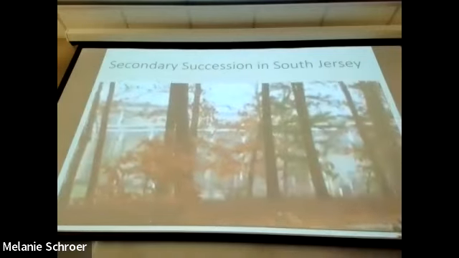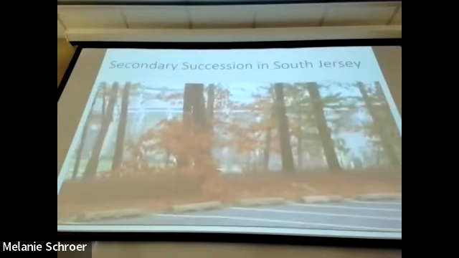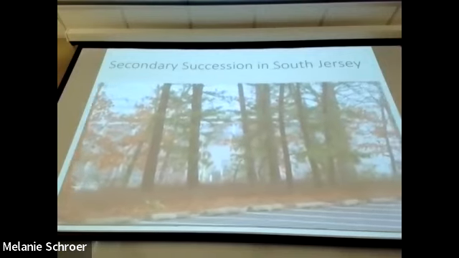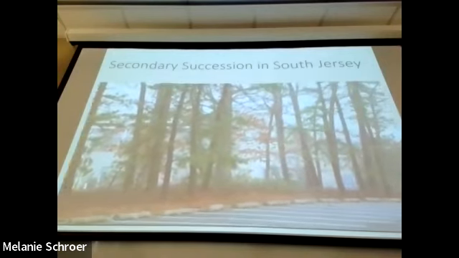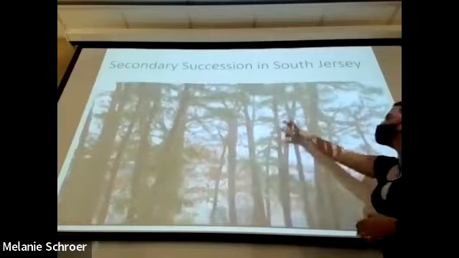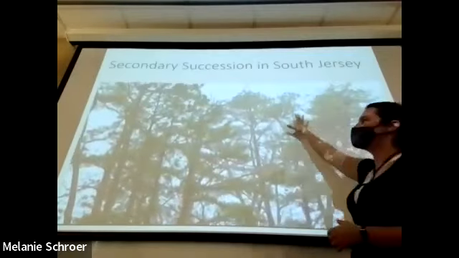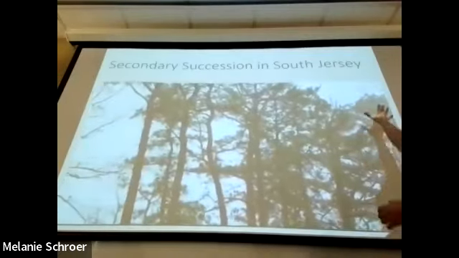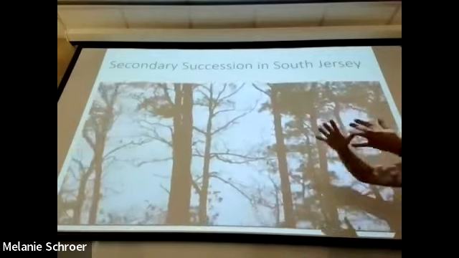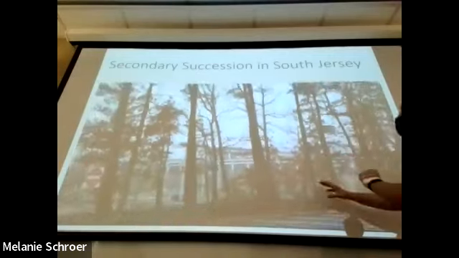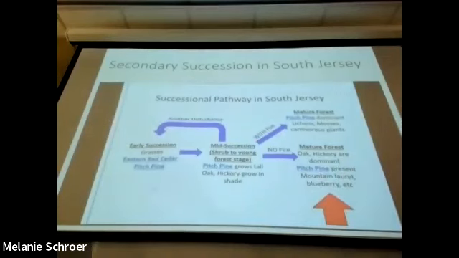So what I'm pointing out here is that we can kind of get an idea about what the forest looked like before there was a parking lot here. We can again see this nice, beautiful stand of pitch pine all in the canopy, right? So this was kind of mid-successional or later in the Pine Barrens. And in the understory,